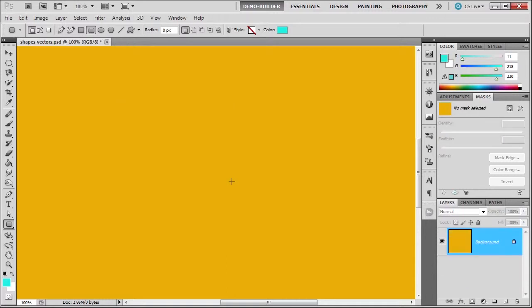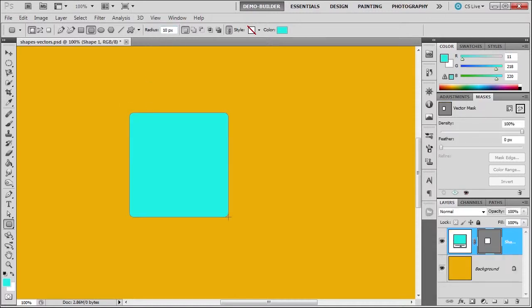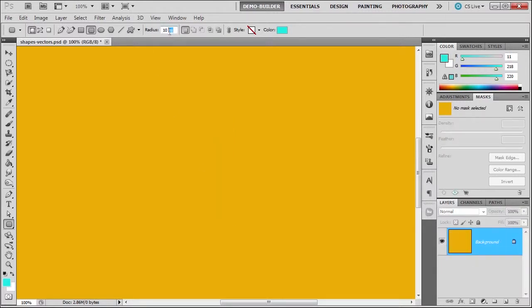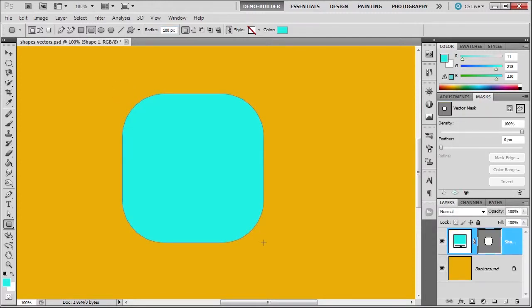Gotcha. Press Ctrl Z. And let's use 10 pixels. And let's draw. Oh, nice. Not too bad. Press Ctrl Z. Let's try 100. See what that does. Nice. Now, maybe you want, from a design perspective,